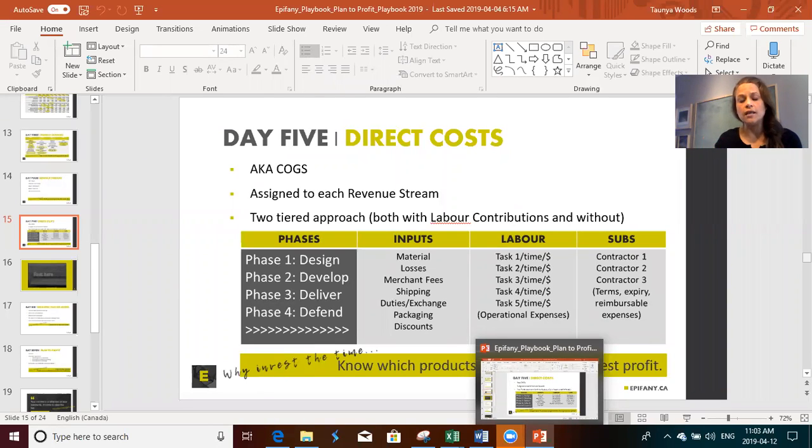Unless we calculate it, you might be very surprised at the end of this exercise that your costs to sell that product or service are a lot higher than you originally anticipated. Every time I work with a client, this is the case. The costs are always higher than they originally thought,